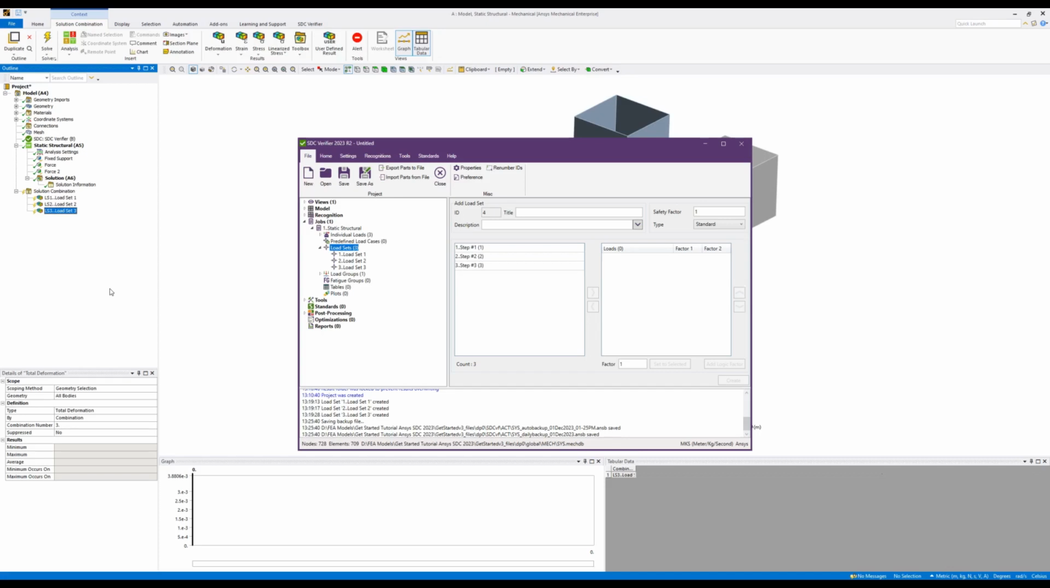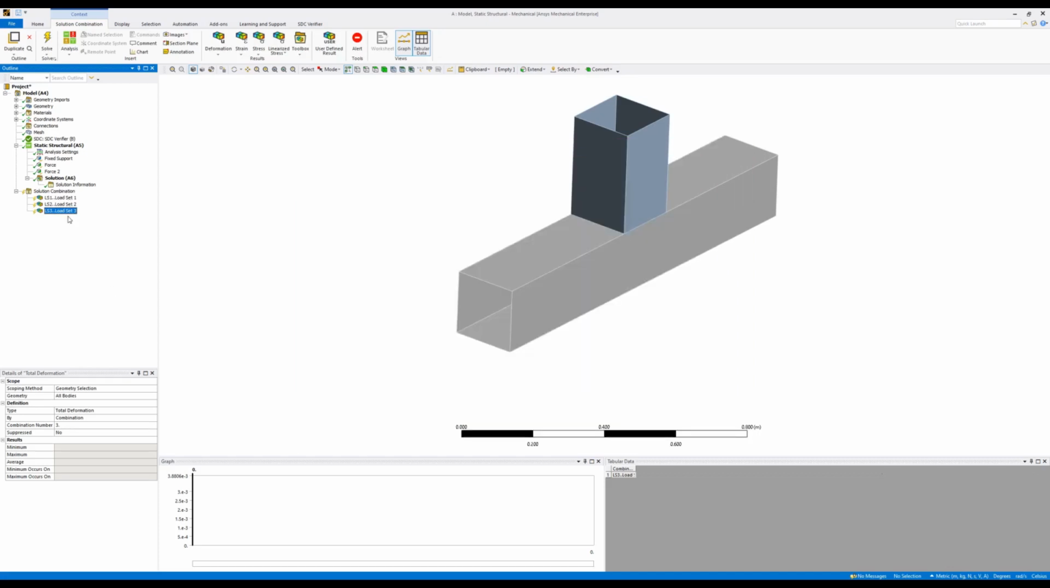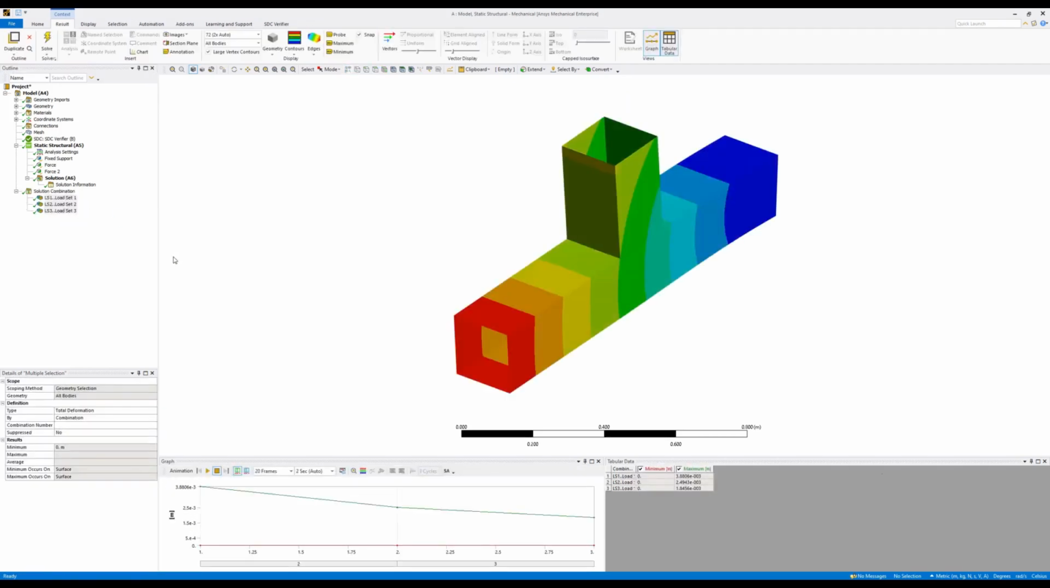Let's go back to Mechanical. Here we have all our 3 load sets exported into solution combinations. Next we're gonna solve them, and we will have the result tab